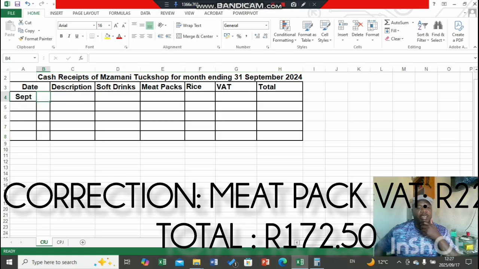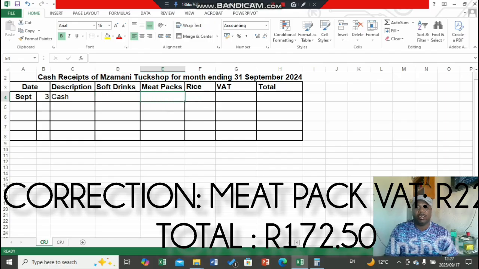Let's say Mzamani is running a tax shop. I'm starting with the receipt side, because your cash book has got a receipt and a cash payment side. So suppose on the 3rd, a customer of Mzamani comes in and buys,